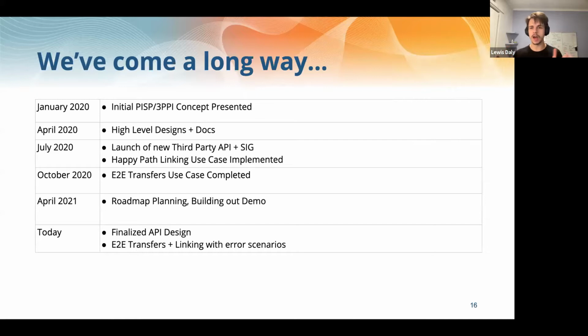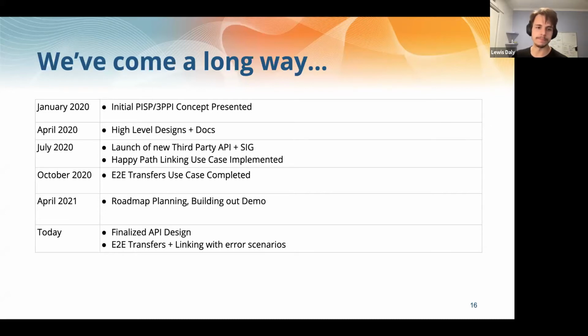We've come a long way. It was a year and a half ago that Google came along and presented this concept and their first white paper on it. From there, we've done a lot of work around designs and documents and gone around in a lot of circles. Eventually we decided that this use case deserved its own API, and there was a restructure of the change control board, which is the body in the Emoji organization that is in charge of the APIs.